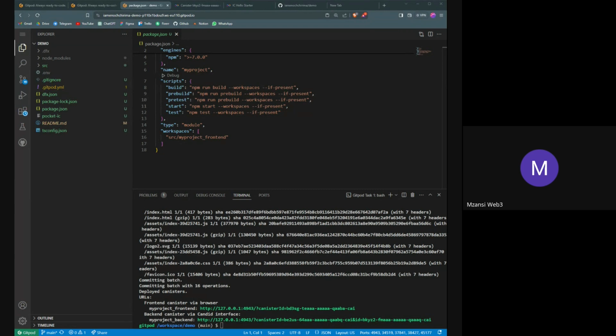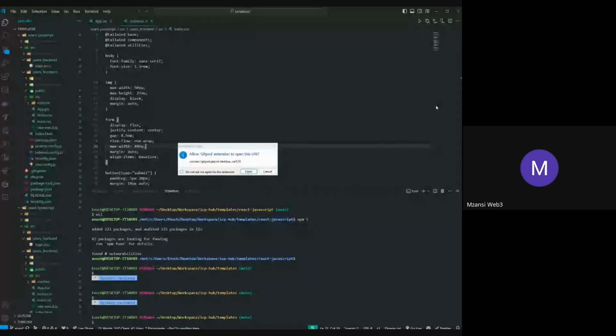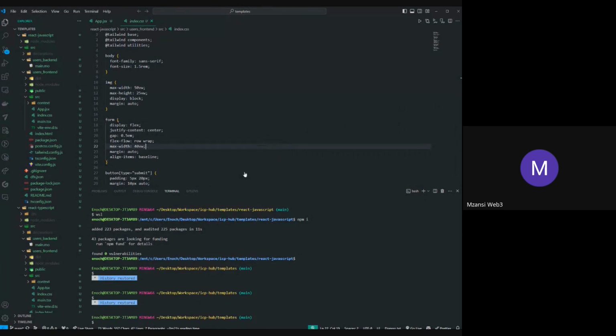I'll stop presenting this one. Right. So here it's asking me to allow the extension to do its thing. So I allow it. I had already installed the extensions, like the Gitpod extension,